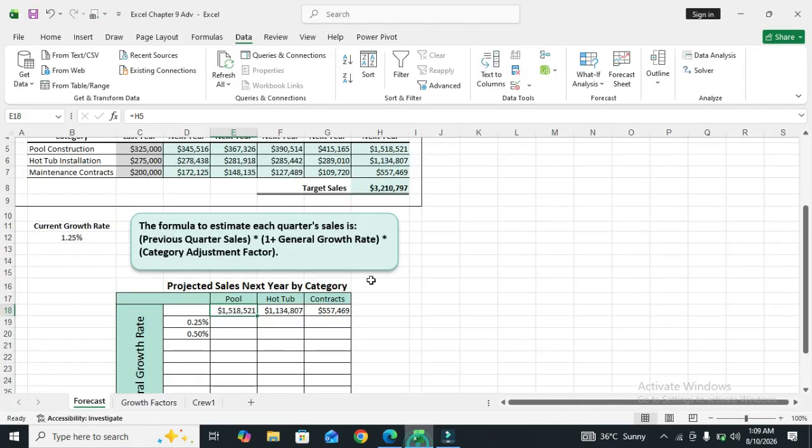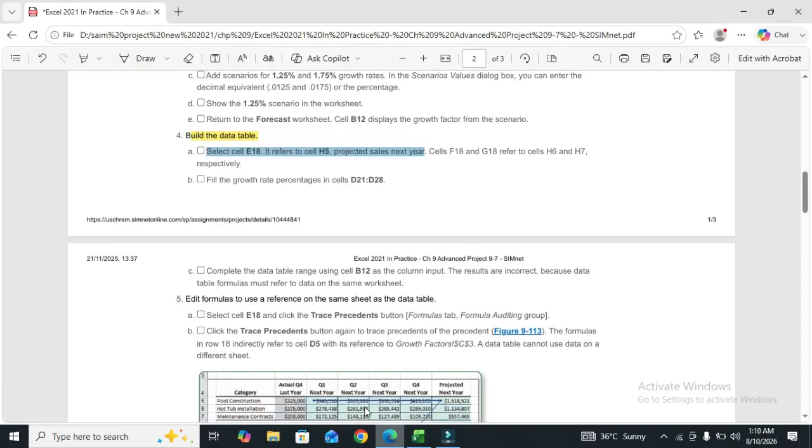Cell F18 refers to I6 and cell G18 refers to I7. So we move to the file, and part A of step 4 has been done.